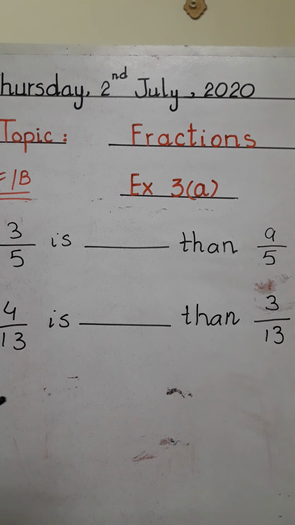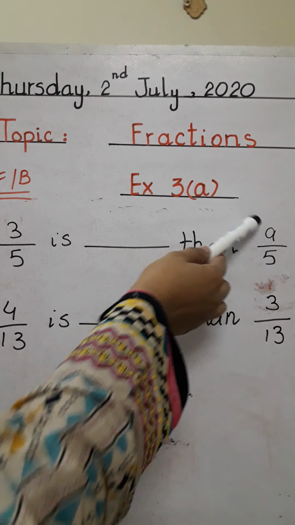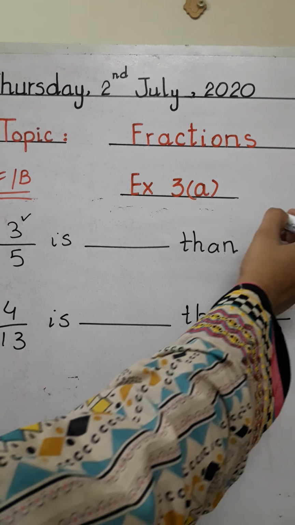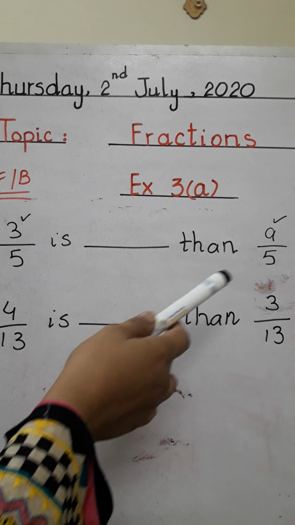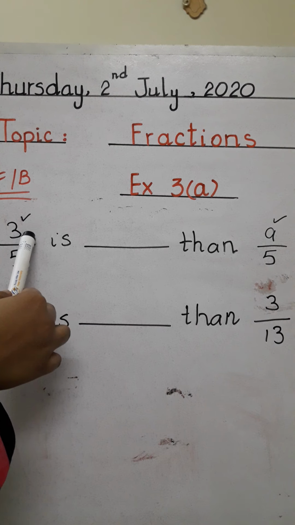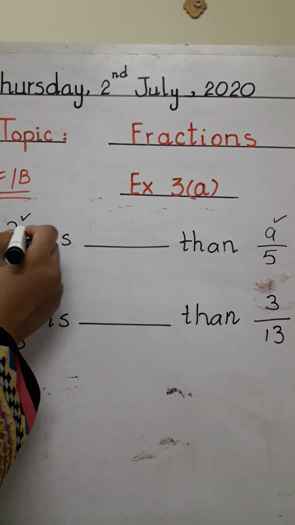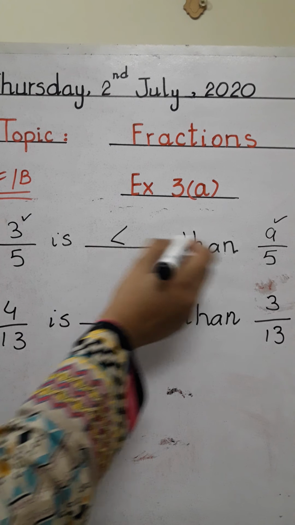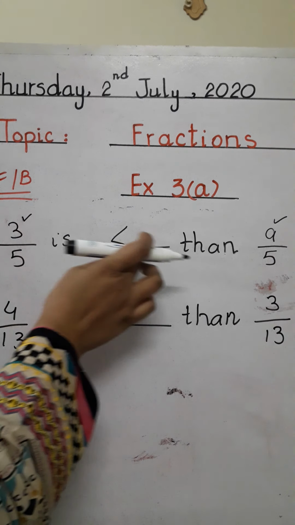Okay, this is the like fraction. Actually, in like fraction, you can see the denominators are same, so leave the denominator, you only have to see the numerator. Here the numerator is 3 and here the numerator is 9. So in like fraction, if the numerator is greater, then its value is greater. For example, 3 is a smaller number and 9 is a bigger number. So which is the greater number here? This one. You have to just see the value of numerator. 9 is bigger than 3, so this number is bigger.